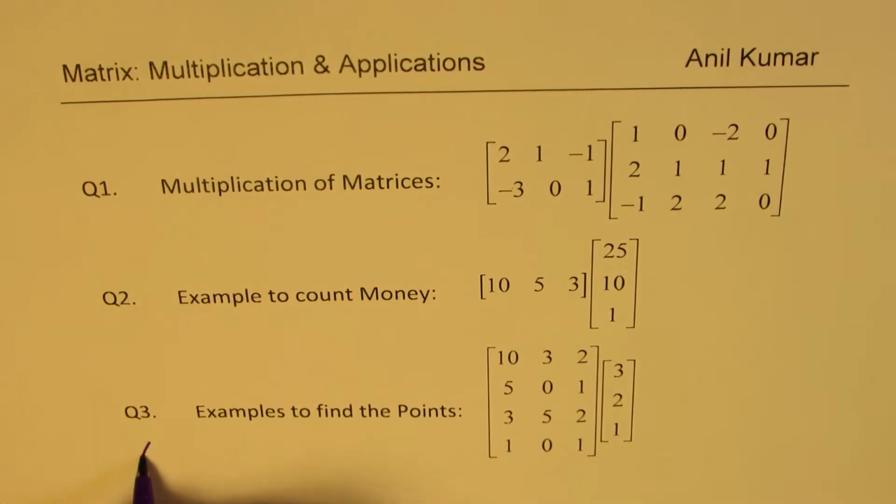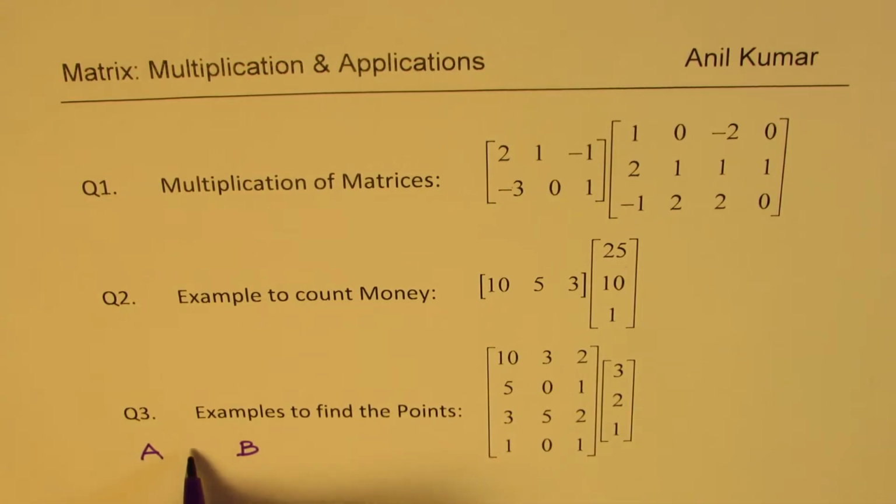If we have two matrices, let's say matrix A and B, we can multiply them. That means we could have product of these two only if their dimensions are such. Let's say if the matrix A has dimensions m by p, then the matrix B should have dimensions p by n. So what is important to understand here is that